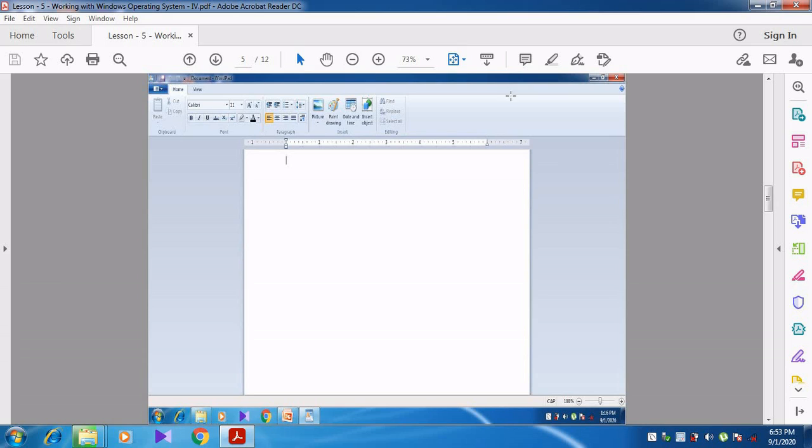Here you can see this rectangular area which is covering the whole window, the whole document. Here you can see the minimize button, maximize button, and then close button. So this is called the window.